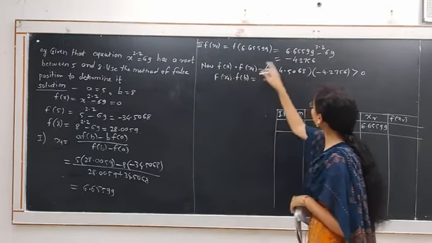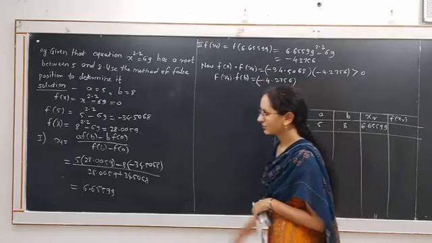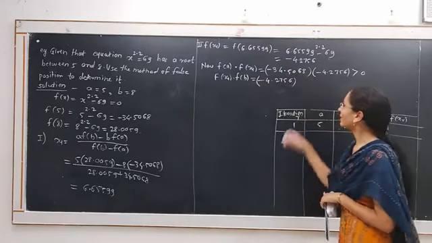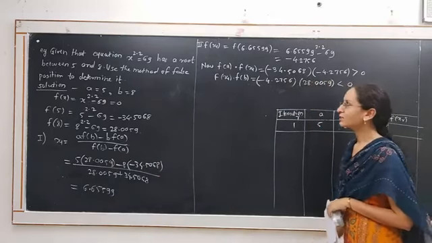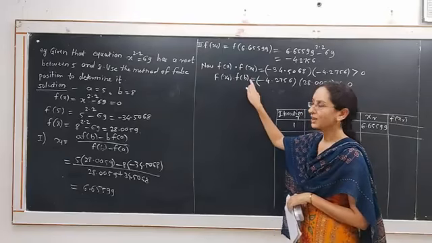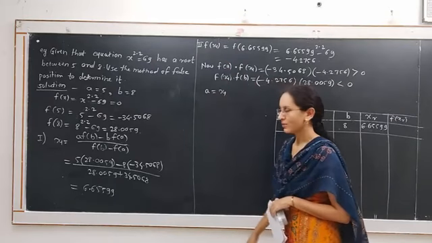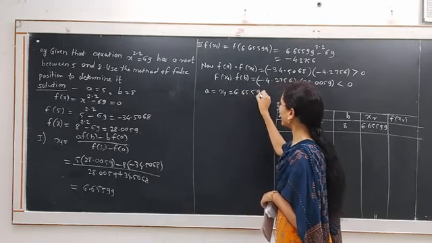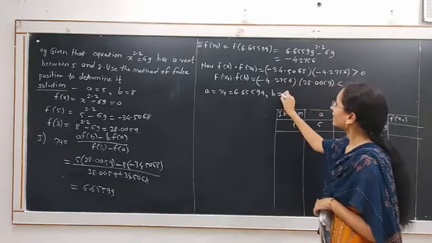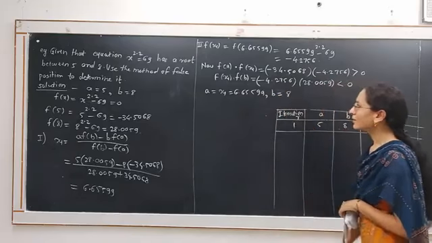This is equal to f of x1, whose value is negative 4.2756, and f of b value is 28.0059. Therefore, this product will be negative. Hence, the root lies in between the interval x1 and b. So, in the second step, we choose the value of a equal to x1, which is given as 6.65599, and the value of b is 8. Because f of x1 into f of b is negative, hence we have chosen these two values.